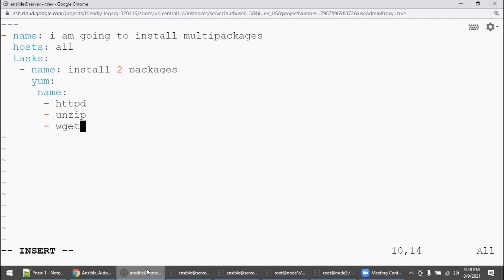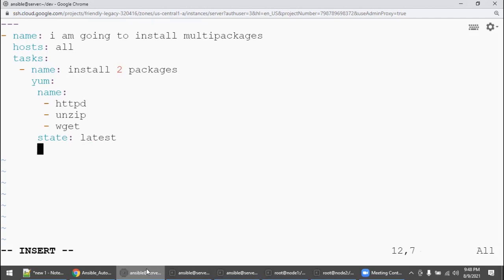That's all, 3 packages I want to install. Move the cursor to exactly where your subsection name is, come down. This is where you need to start state. State: I want to install latest.